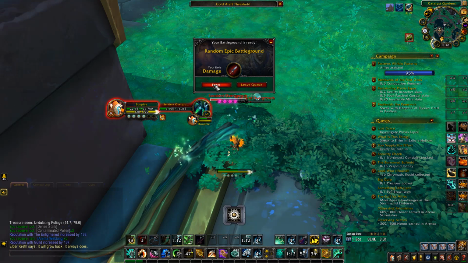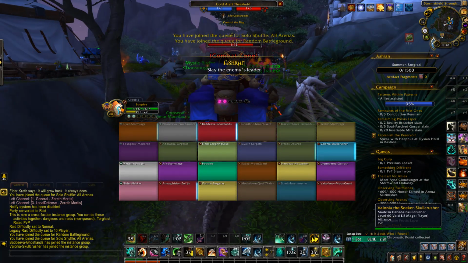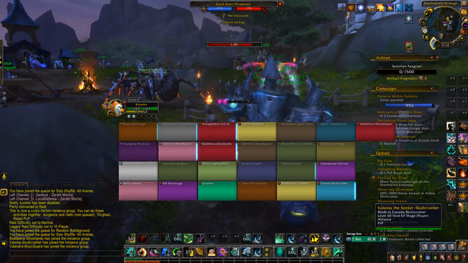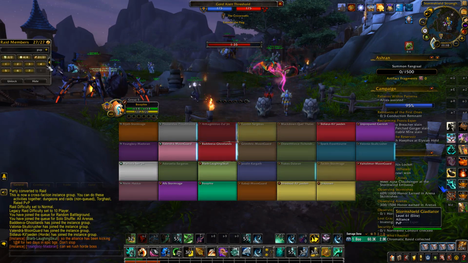Okay, so we got a random epic BG, and we're 95% with the Zereth Mortis main quest there. That gives a whole heap of reputation, so we'll get that finished after this. Oh damn it, it is this BG. Oh my god, this thing goes way too long. Anyways,